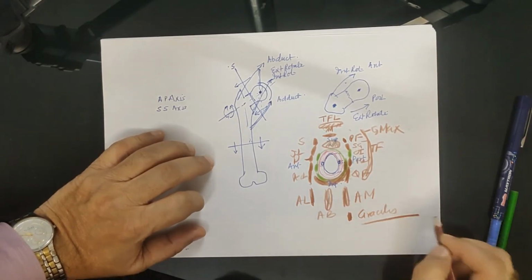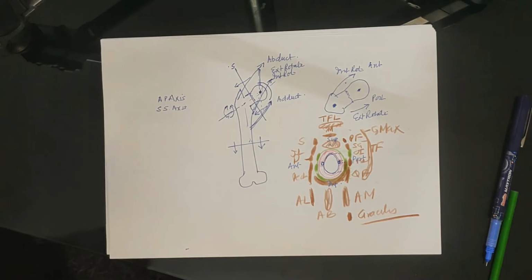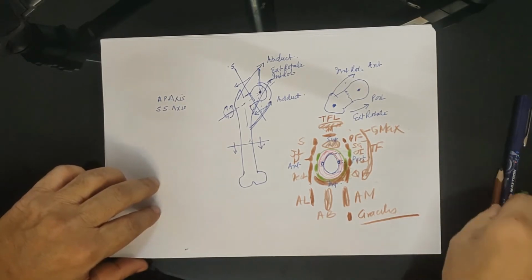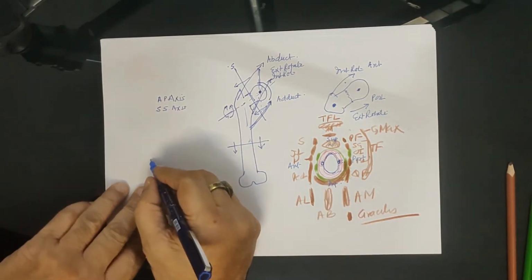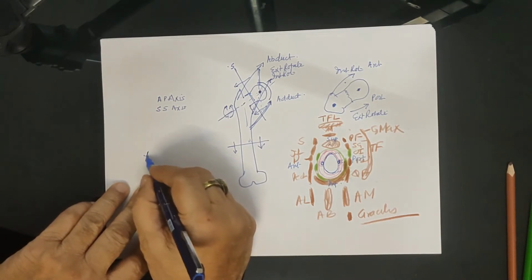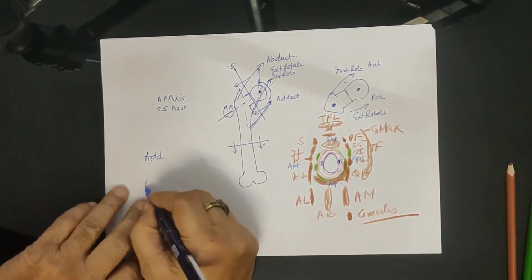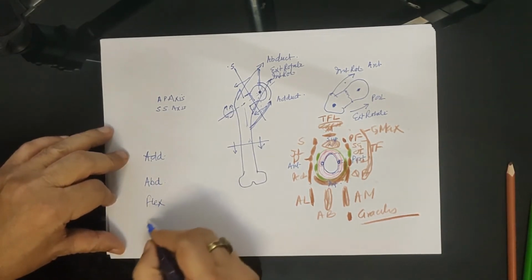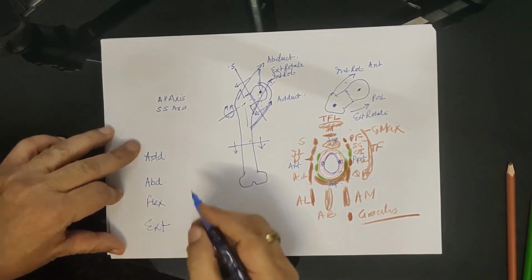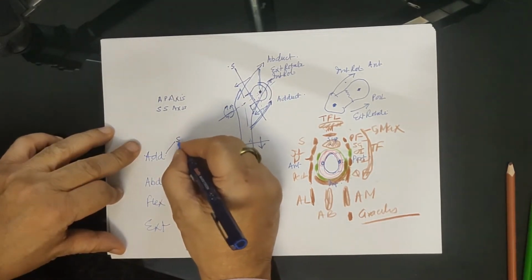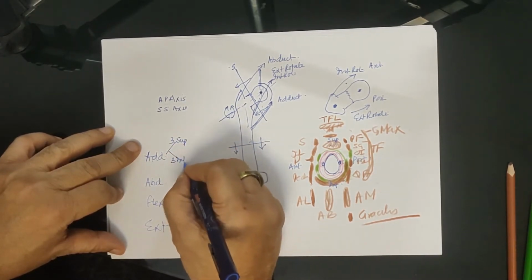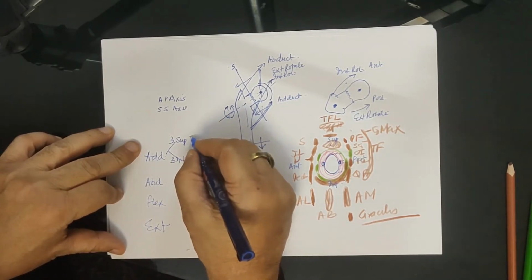So these are the muscles that we talked about in the last YouTube, and that's why these muscles can be adductors, abductors, flexors, and extensors. Adductors are 3 superior and 3 inferior. The superior are